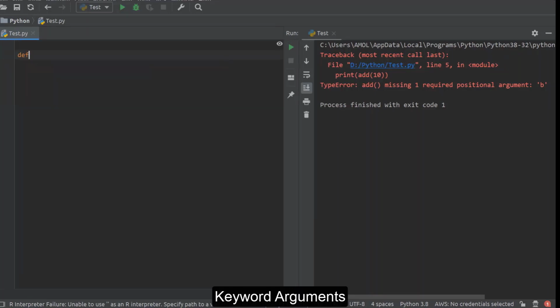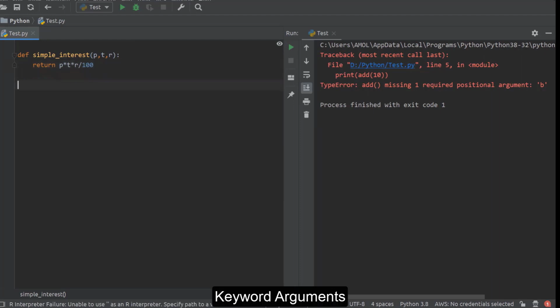We'll write one function to calculate simple interest. So this is our function simple interest. It will take 3 parameters p, t, r. We are returning this interest value p into t into r divided by 100.